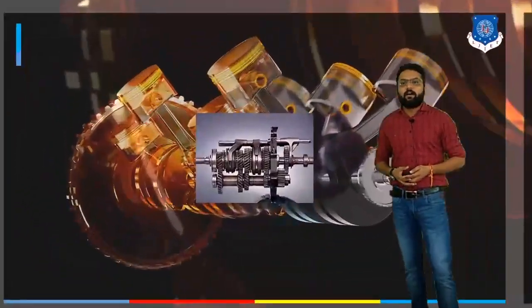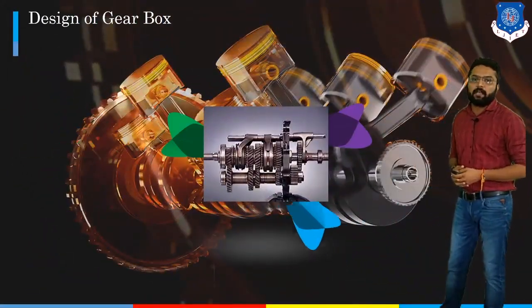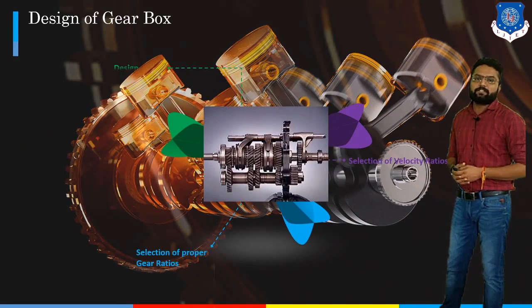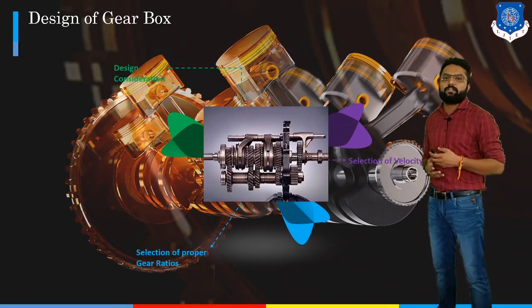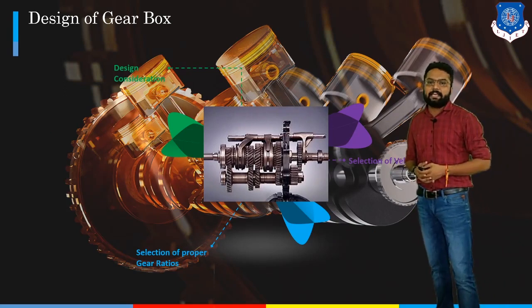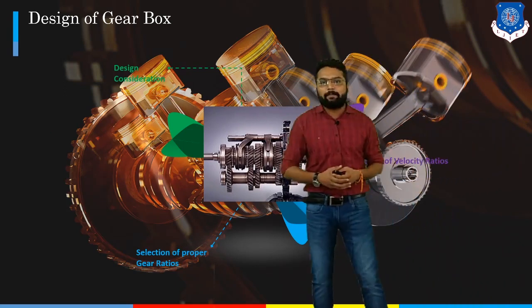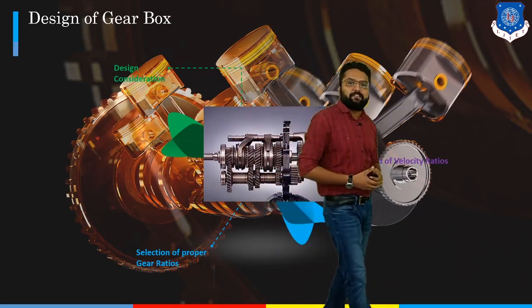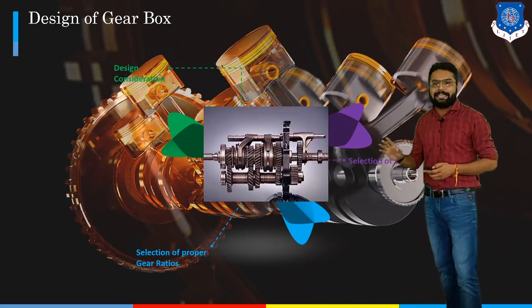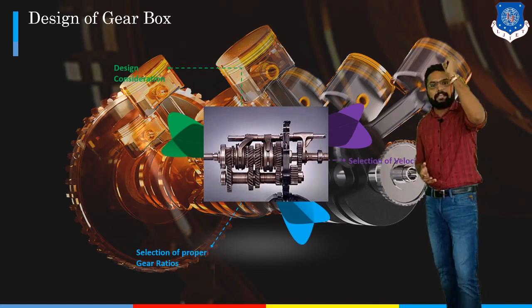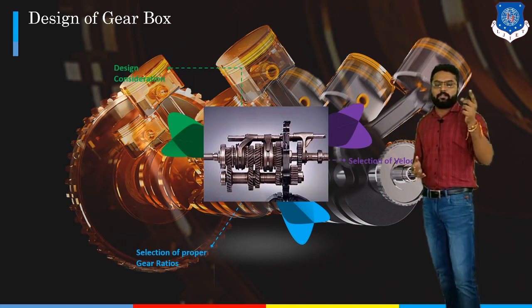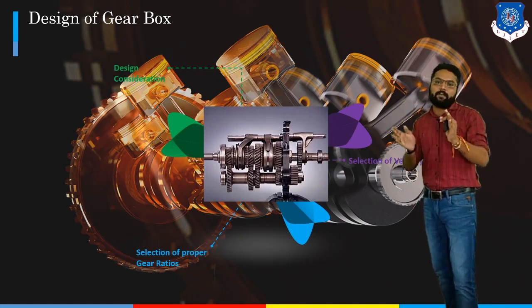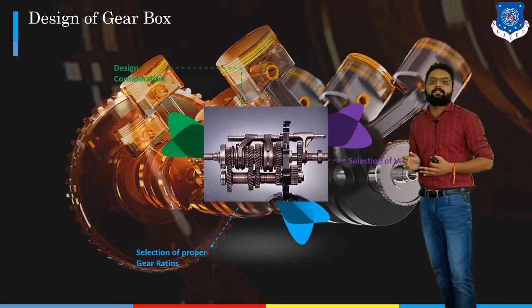After designing these gears, we are going to design the gearbox. Gearbox is a unique kind of design in which we are going to decide the selection of a gear ratio as well as the velocity ratio, and ultimately the design consideration depends on the chapter we have discussed previously, which is design of gears. So the design of gearbox is going to depend on our design consideration of gear, then deciding the gear ratio, and then deciding its velocity ratio. So the flow of this chapter is going to be like this. It will also contain design of gear in this case.